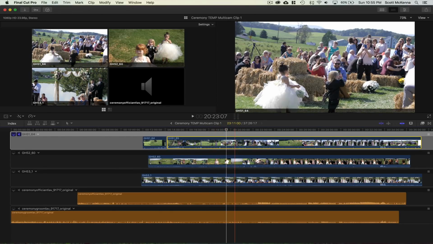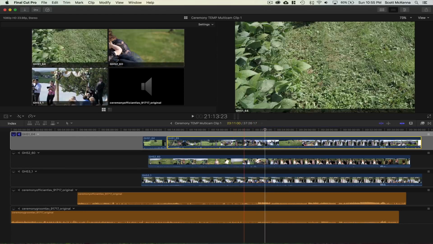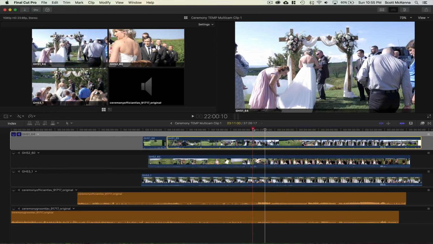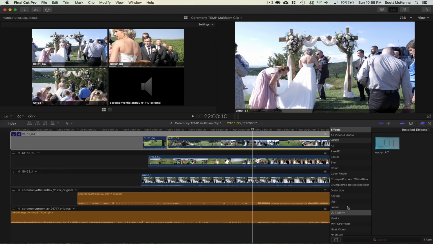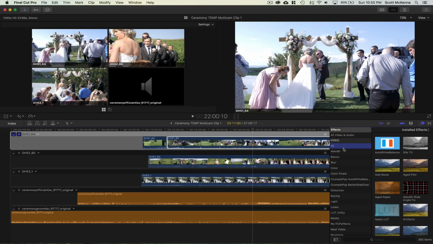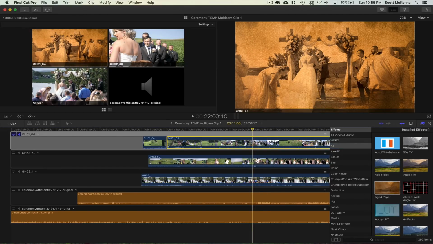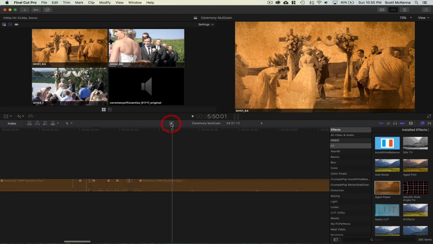And what's amazing about that is that if I were to take this camera angle, for example, which is the main camera angle where I was moving around, and I were to just put some crazy filter on it, and we're just going to do it for the sake of making it easy for you to see what it does. I would not obviously use any of these in this, but for the sake of showing you something really, really different, we're going to put a really ugly aged paper on it. The only reason we're going to do that is so that you can clearly see that it changes it.